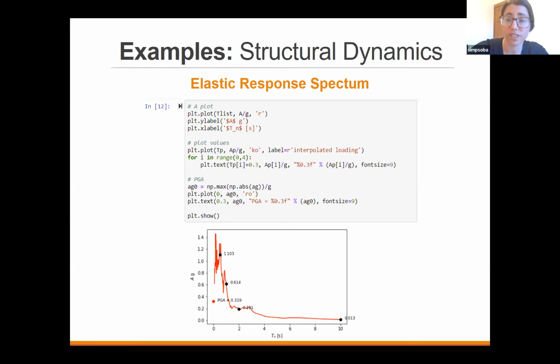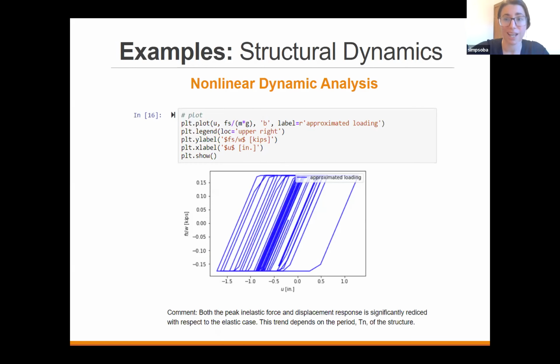And so now they can go one step further and start looking at response spectrums and creating their own response spectrums, basically calling their central difference or Newmark function. And then they can take another step further again and say, well, let's actually implement nonlinear response into our system and see how the response changes when we have some sort of nonlinear material parameter. So everything is incremented very slowly. Each homework assignment builds off the previous homework assignment. And so if they're following along, they actually pick it up fairly fast and they're able to go from basic plotting to something like nonlinear dynamic analysis. Granted, it's a elastic perfectly plastic material behavior, but